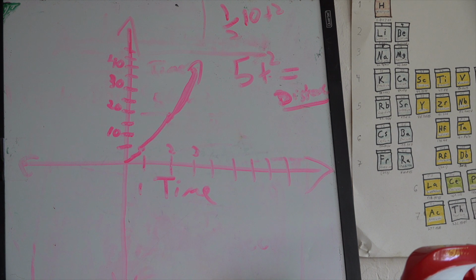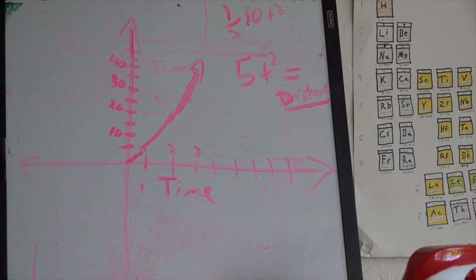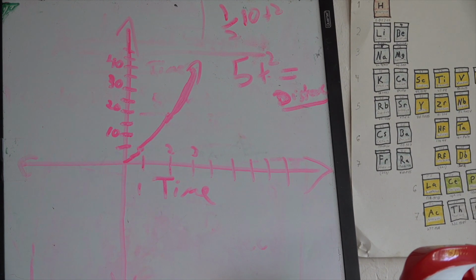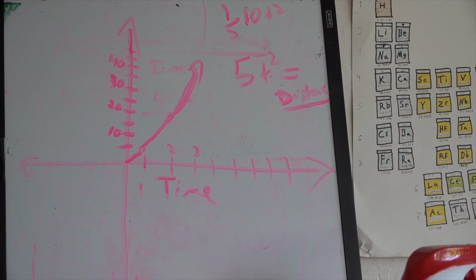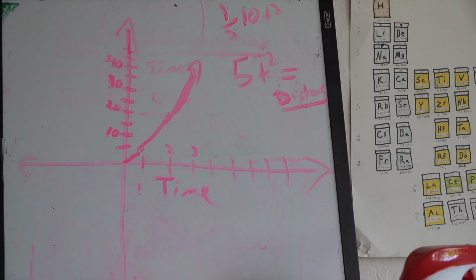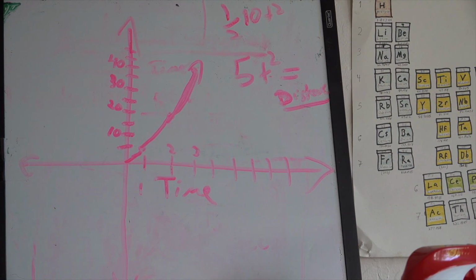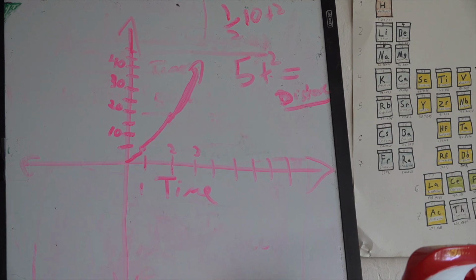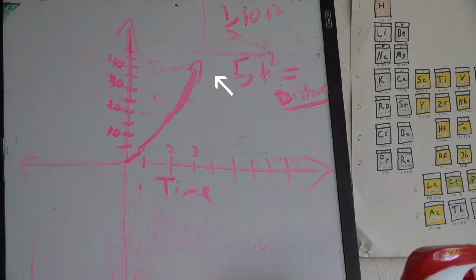which means that 1/2 times 10 is 5 times the time squared, meaning after 1 second, the average speed of something from 0 to 10 meters per second is 5 meters per second. So it would be traveling 5 meters. But let's say something is traveling for 2 seconds. It's traveling from 0 to 20. Then that means it's 2 squared times 5, which is 20 meters. Because the first second it travels 5 meters, the second it travels 15, and so on and so forth. And after 3 seconds, it travels 45 meters.